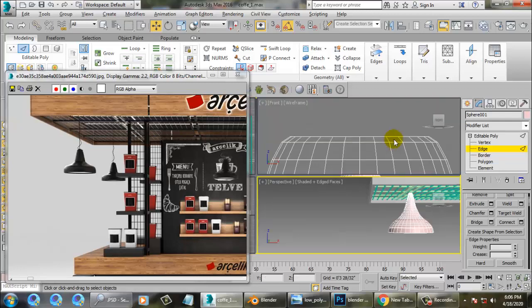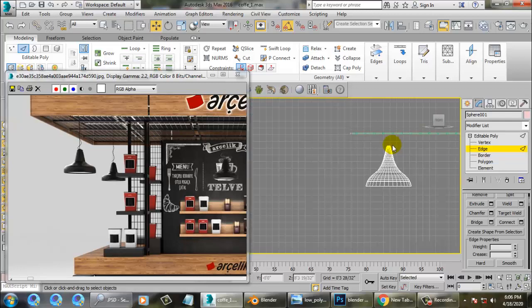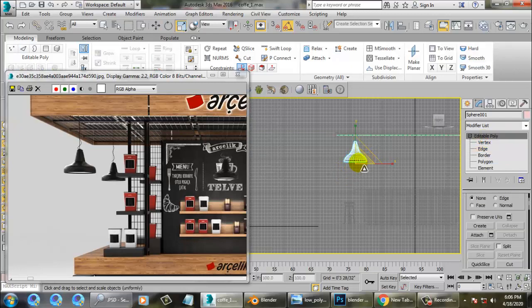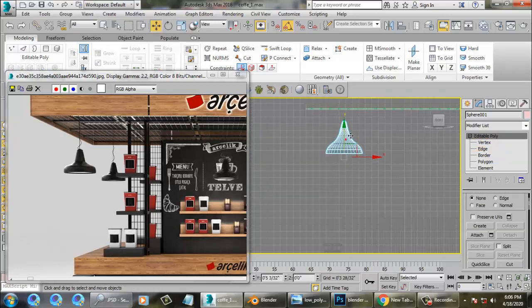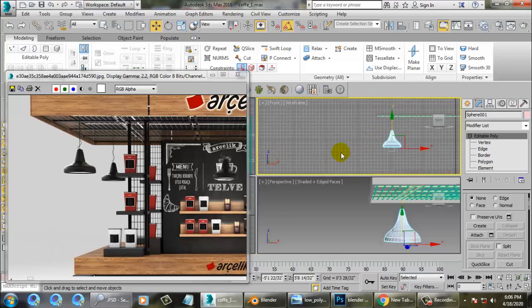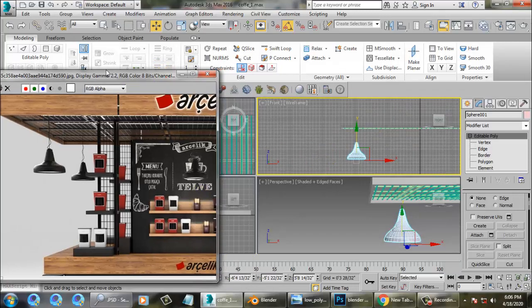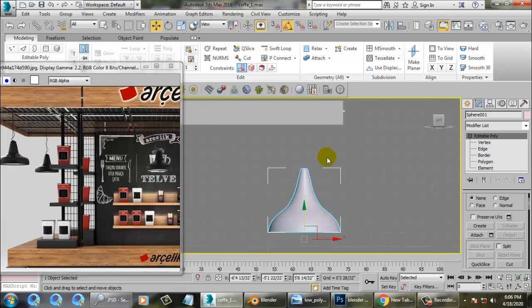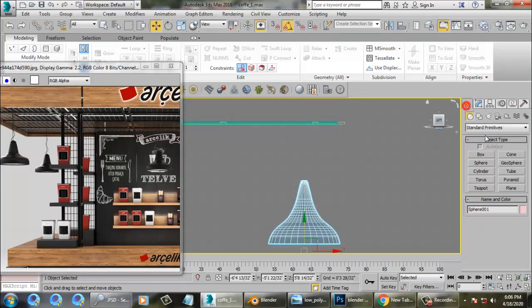I'll go again over here and come out of it. It's looking much bigger, so I'll push it a bit down. I'll go on to this view and take the line tool.